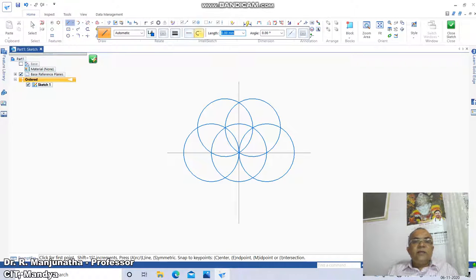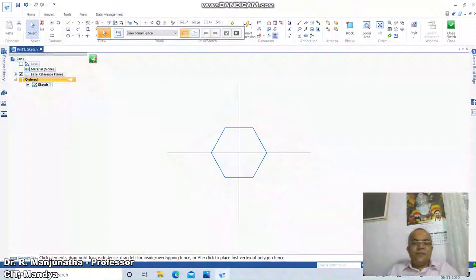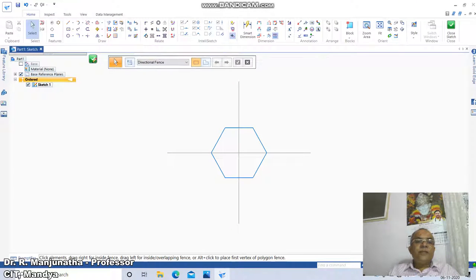So go to Line. Here we will go for the intersection point of this, or center to center of this, to center of this, to intersection, to intersection, to intersection, and then center. Now, by holding the Shift key, you just select the 5 circles which are constructed and remove them. So this becomes an arc method. Instead of drawing an arc, we are drawing a circle. That is the easiest method which we can apply in Solid Edge.